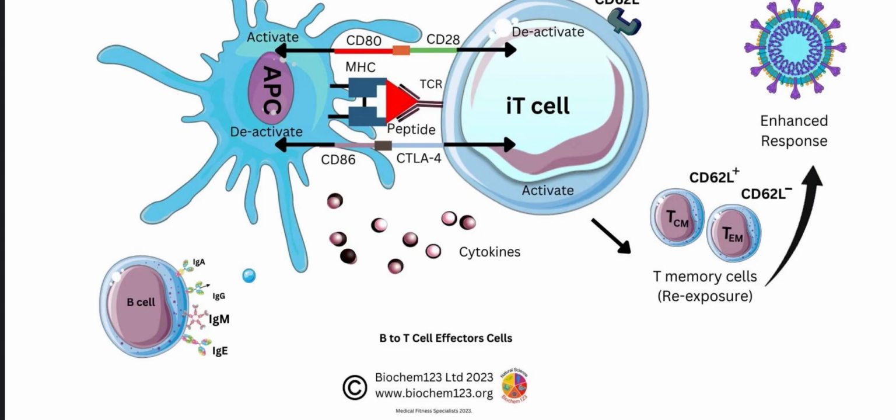So in the differentiation process, these cytokines command the T cell to mature into specific functional subsets, and B cell help will be taken, like activated T cells assist B cells to switch antibody types like IgA, IgM, IgG and IgE, as you have seen in this diagram.